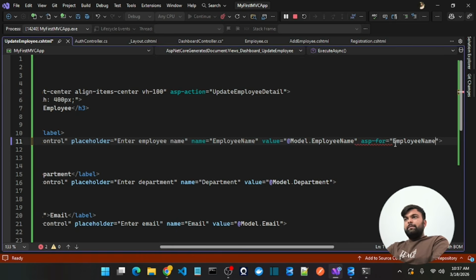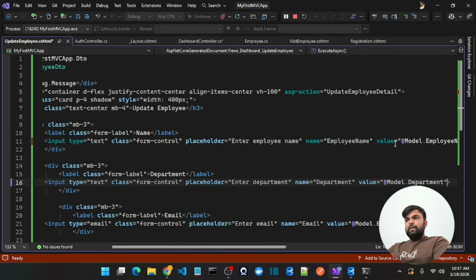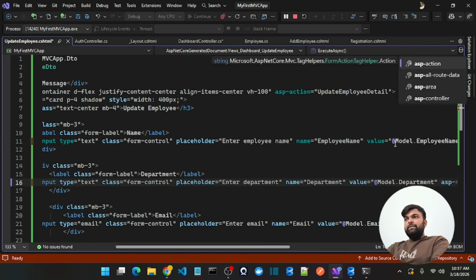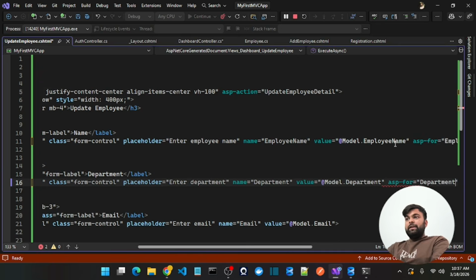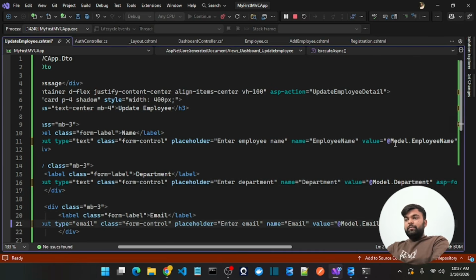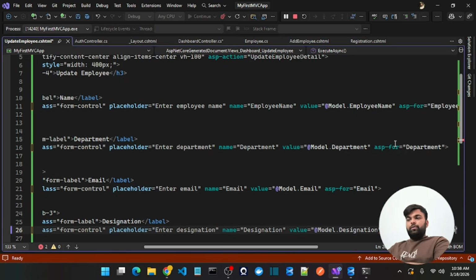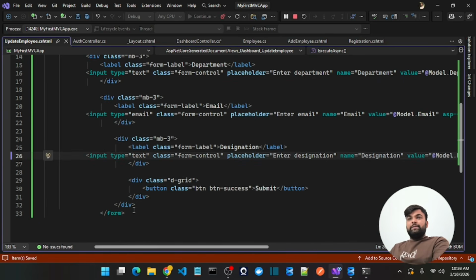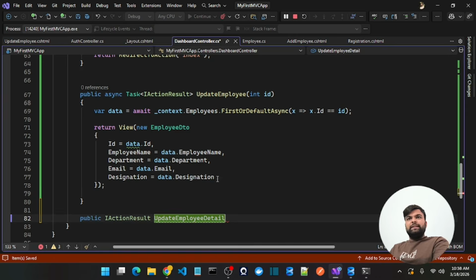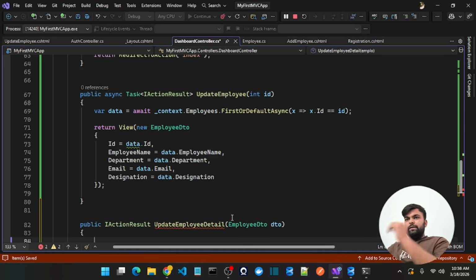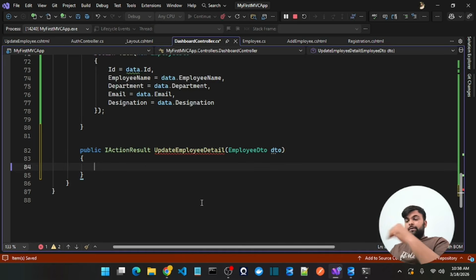Okay, so employee name, and previously we have removed the things as well. Okay, SP4. Now we need the SP4 controller, so you will need these things as well. And we have completed all the things here. Okay, EmployeeDto, or DTO as well. First, what you have to check here is DTO